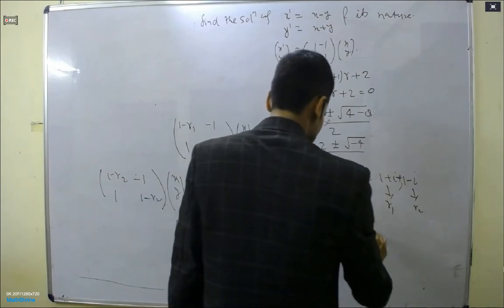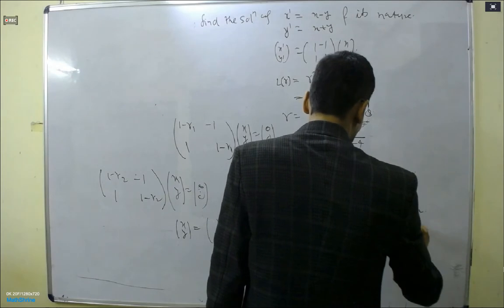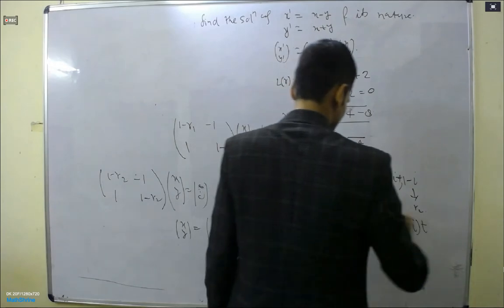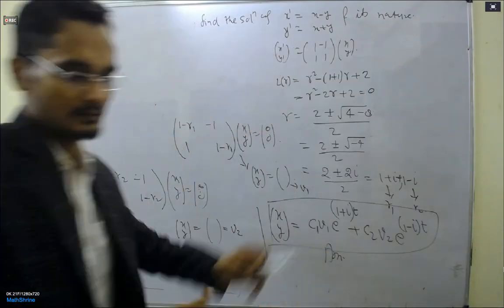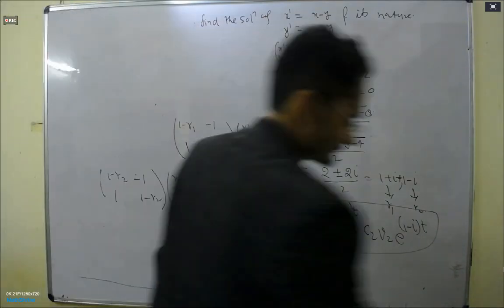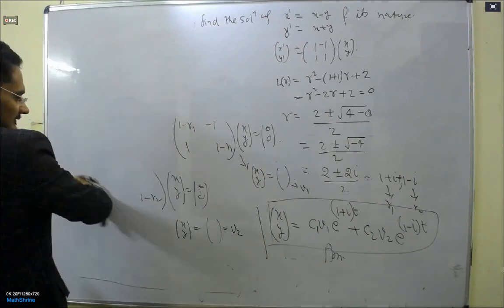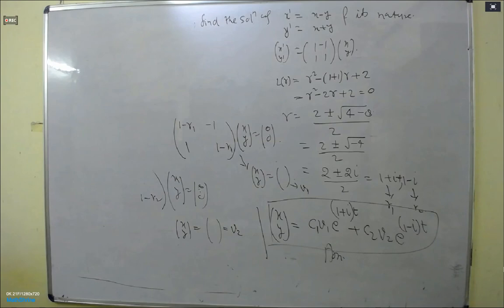It is better you take one CSIR problem. This is, I think, 2012. It was given x dash, y dash is equal to minus y is equal to minus x plus y. This question was in the C part.